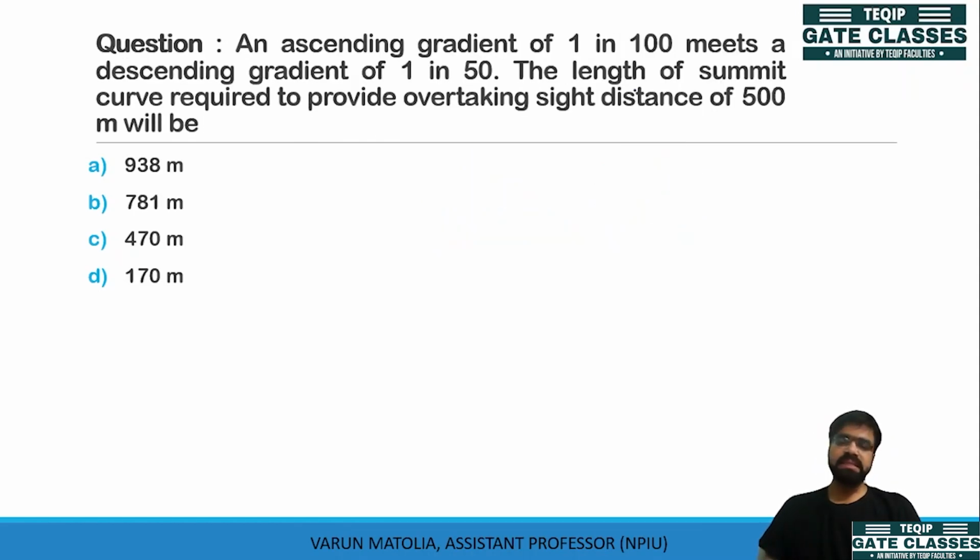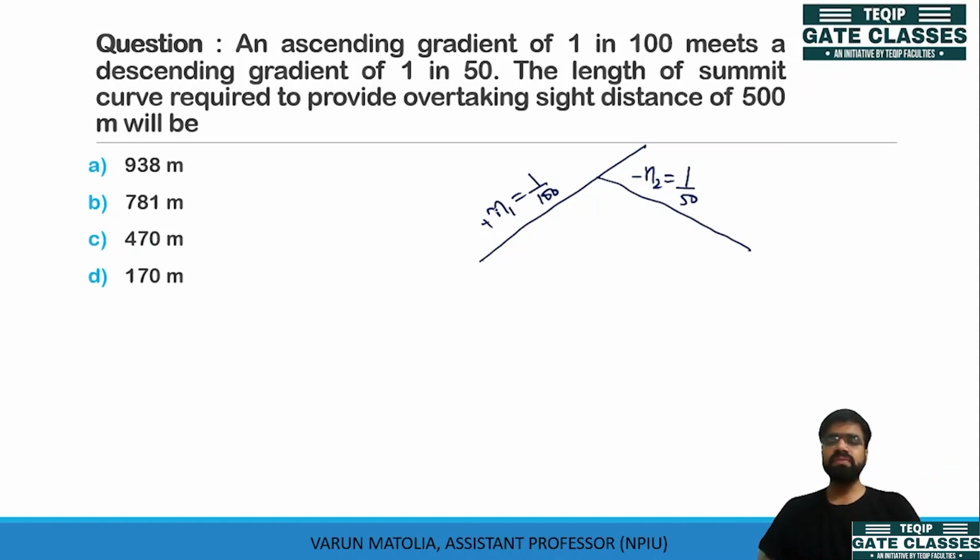An ascending gradient, ascending meaning a gradient which is moving up, meets a descending gradient, which is coming down. The ascending gradient n1 is 1 by 100, and n2 is 1 by 50. This is plus and minus, ascending and descending. The length of summit curve required to provide an overtaking sight distance of 500 meters will be. Okay, so we are providing a summit curve here,